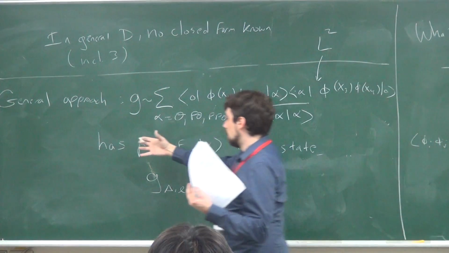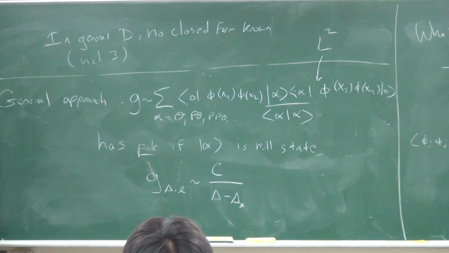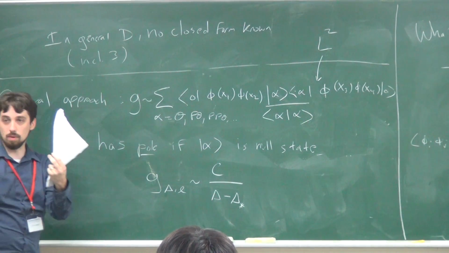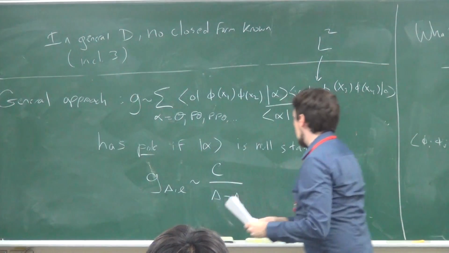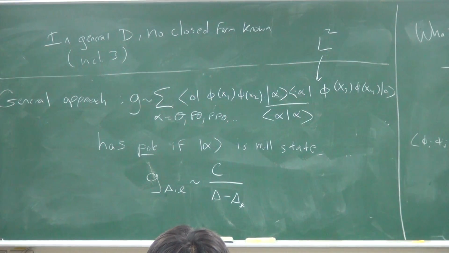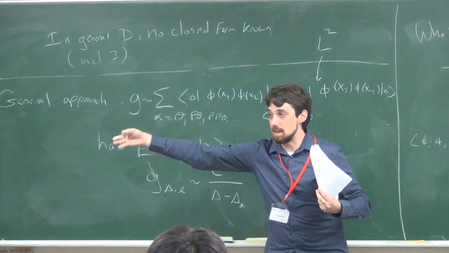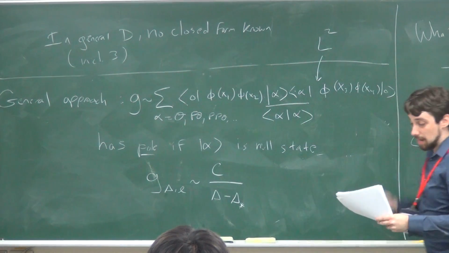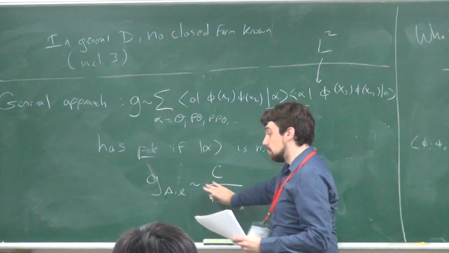And under conformal transformations, the null states can only transform into each other. They can't transform into non-null states. Which means that the null state, together with all of its descendants, form a representation of the conformal group. And because of that, it means that the residue of this pole